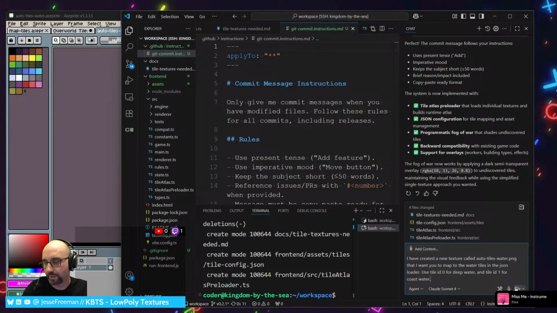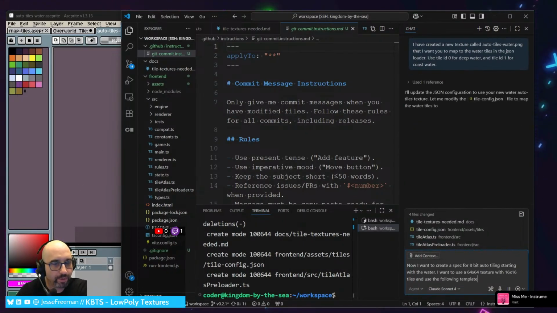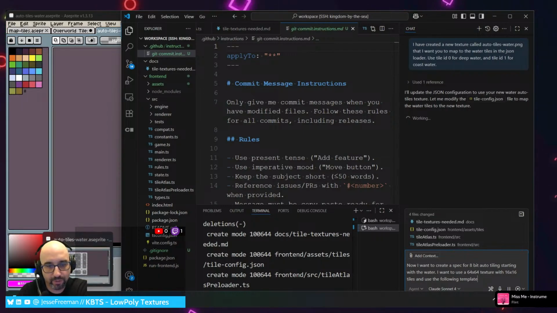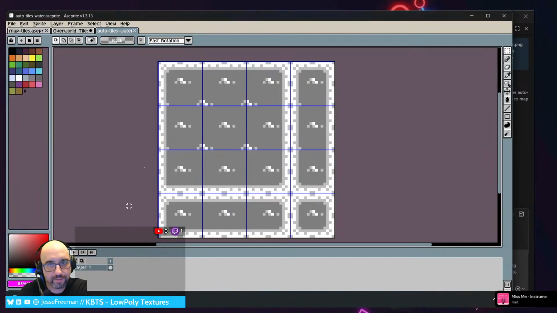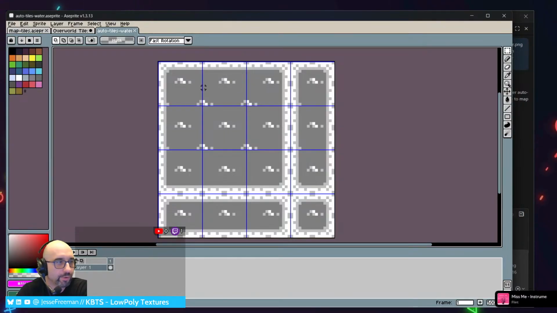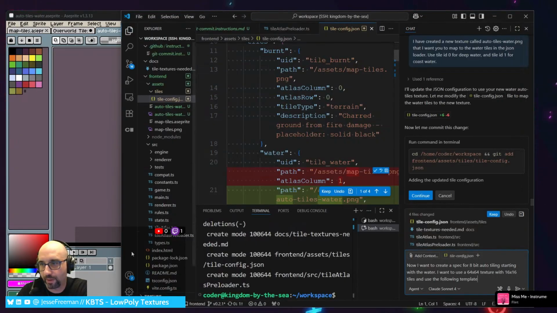And I'm going to paste this back in here. So what I want to do, just to make sure that the preloader works, is I'm going to have it replace this D and these W's with the first and the second tile here. It's not going to look right, obviously, but once I confirm that this loading is working, then I will be able to